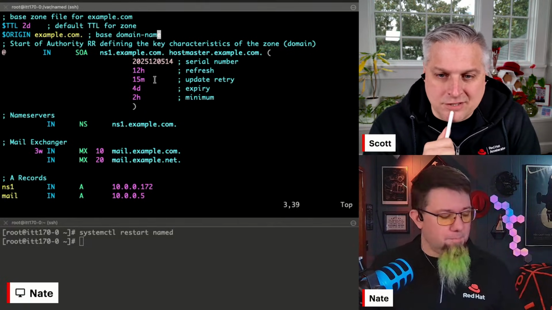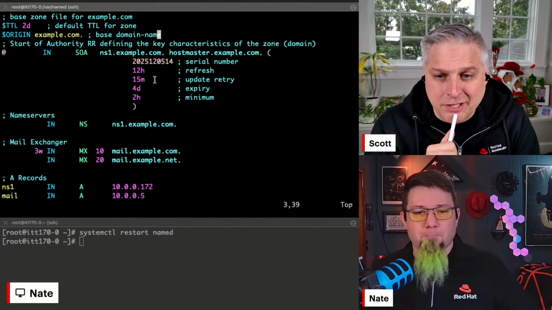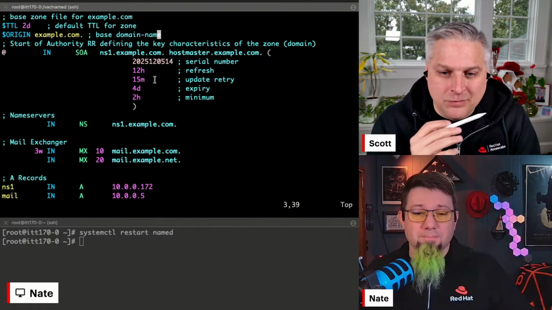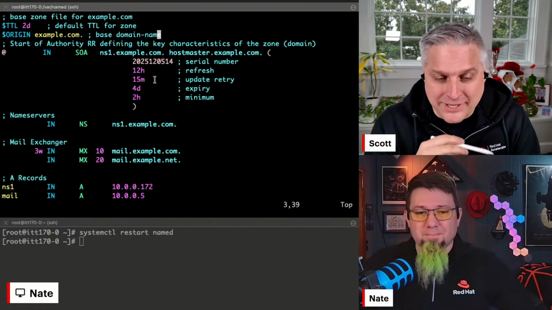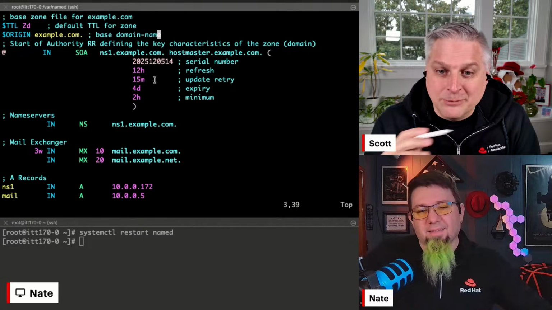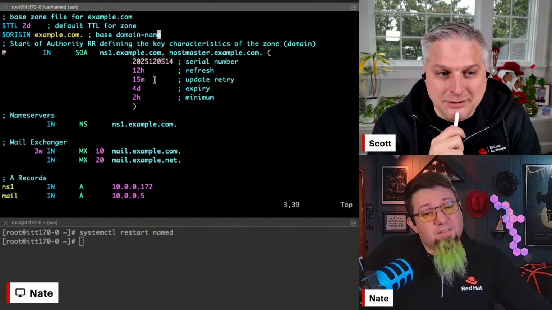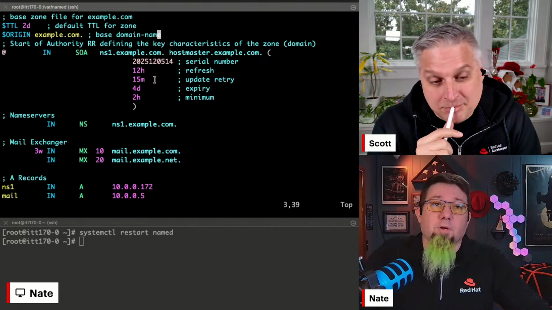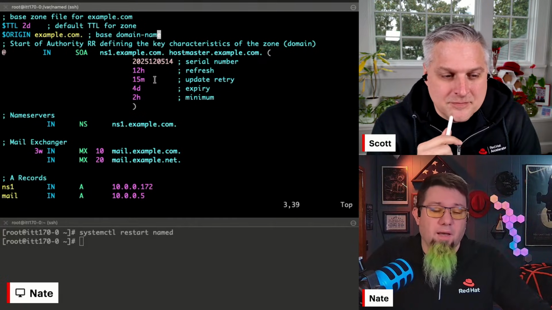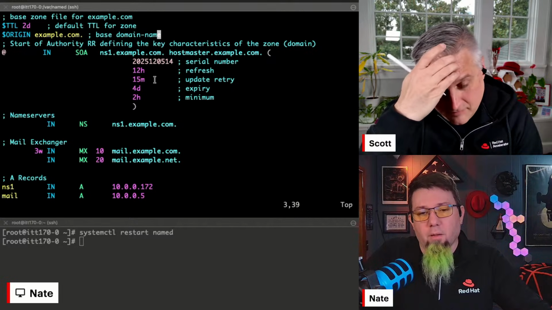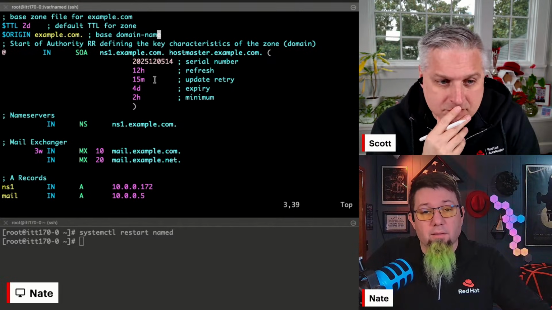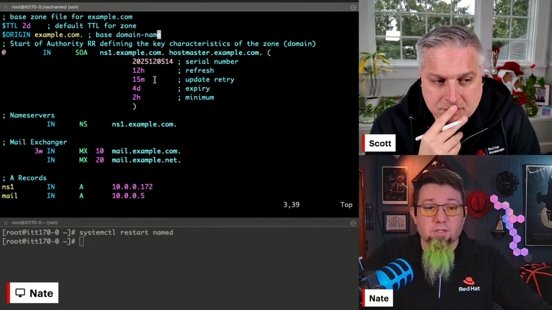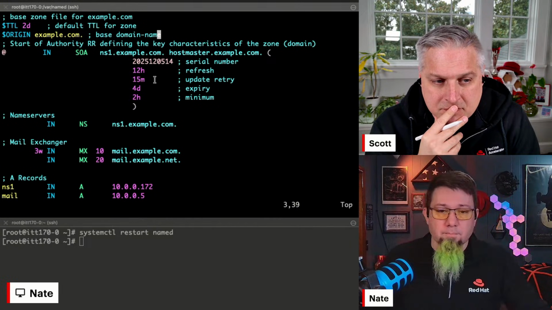That sounds very much like an old school 32-bit integer versus 64-bit integer problem. Could very well be. A million years ago, we struggled with that stuff. I think by and large, we've eliminated a lot of those things. Well, this was not that long ago. I mean, it was 10 years ago. At any rate, it is just something to keep in mind. You should not be changing your serial number by that many in a single edit anyway. If you're making reasonable changes to the serial number, it should never be a problem.